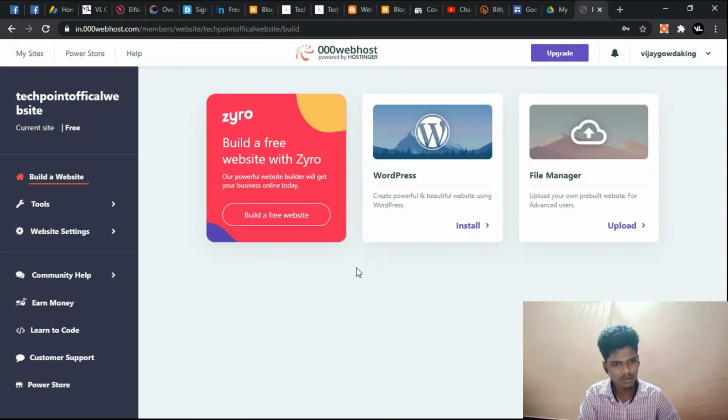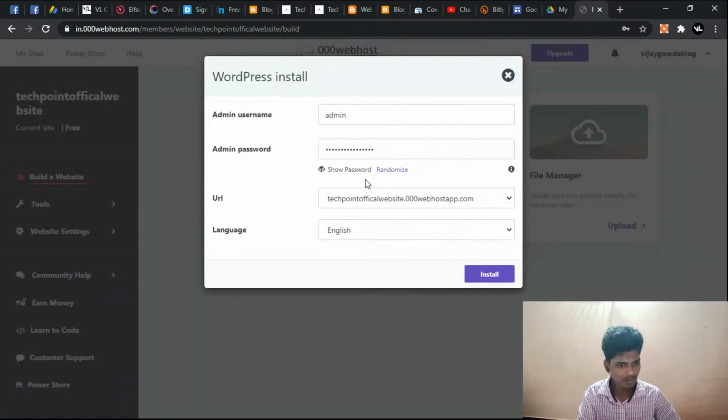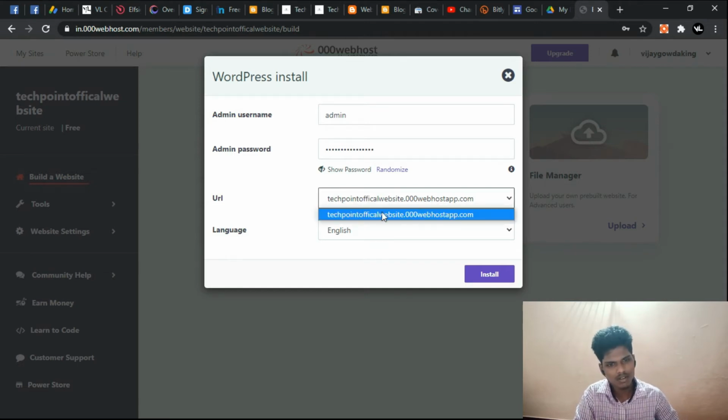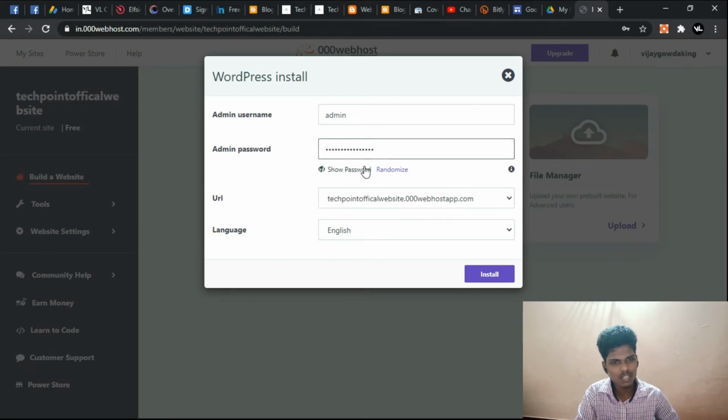It's asking what you are going to install, WordPress or File Manager. I need a website, so I'm installing WordPress. You can see here you are in an admin panel. Choose your username and password. You cannot change your URL. This is your website URL. Just change the username and password.